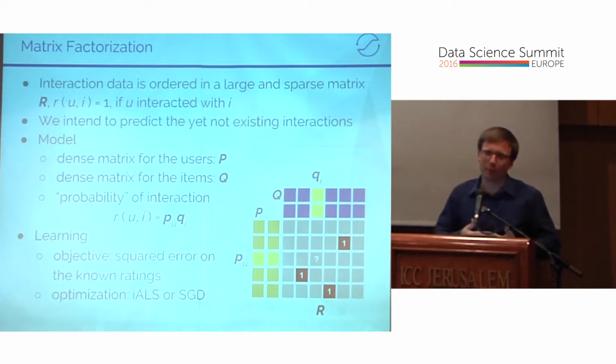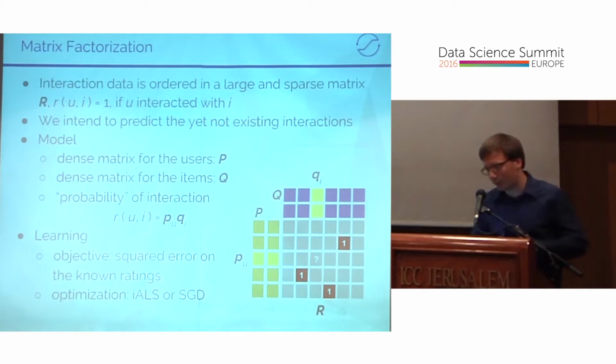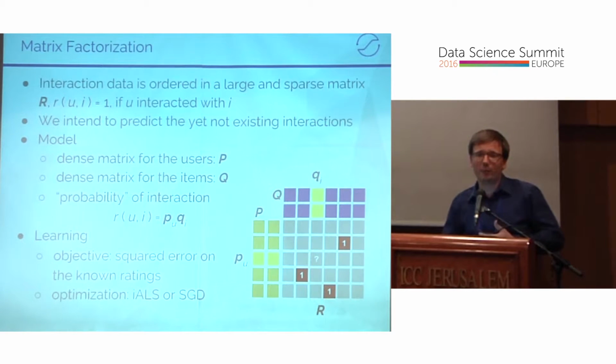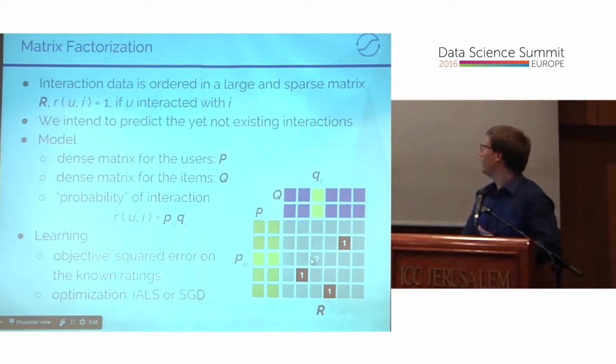You can see the concept of matrix factorization again on the figure. You have a very large gray matrix. This matrix is a so-called user-item matrix, okay? And when in the past you know that there was an interaction between the given user and the given item, then you simply mark it with a 1 in this very sparse matrix, okay? So this is the data that you have. And in the future, what you want is to predict the future interactions in this matrix, so the unknown values of this matrix, noted with a question mark.